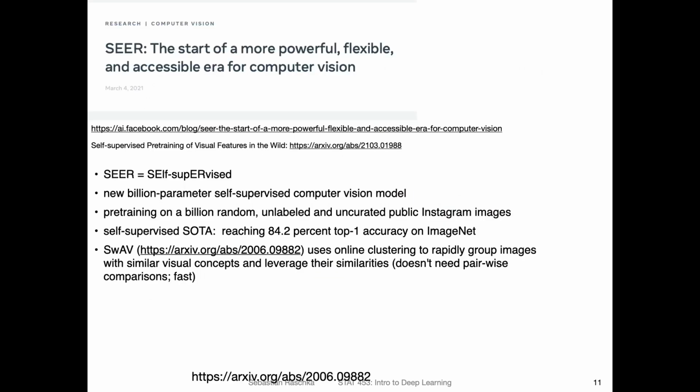Yeah, and related to pre-training, there was another interesting project called SEER, where SEER stands for self-supervised. Pre-training is essentially very similar to self-supervised learning. Self-supervised learning is a form of pre-training in that sense. On the previous slide, I showed you that they pre-trained a model on ImageNet, but there they just used the labels that were contained in ImageNet. Self-supervised learning is like pre-training, but you use a dataset that is unlabeled, and then you generate the labels for that based on some information in the dataset. For example, you can mask certain things in an image, or you can cluster the images and things like that.